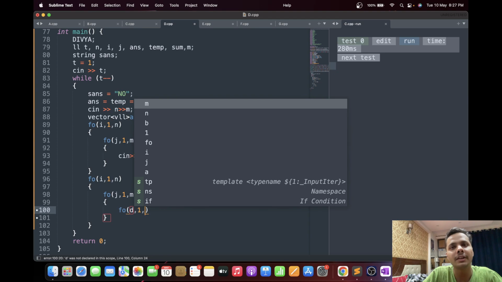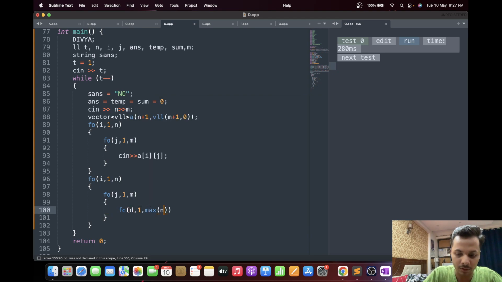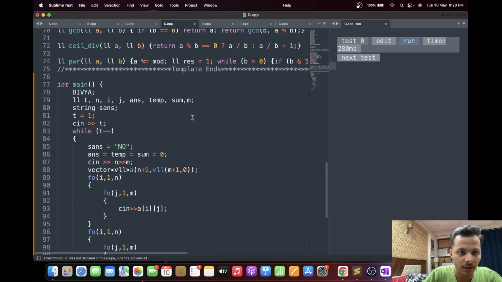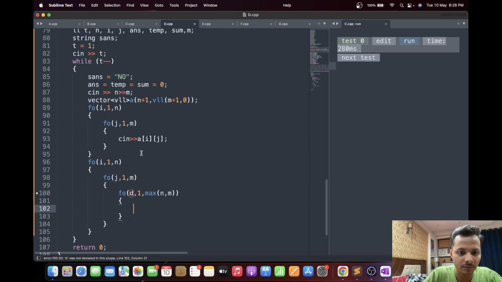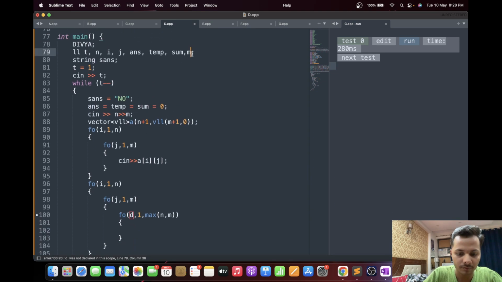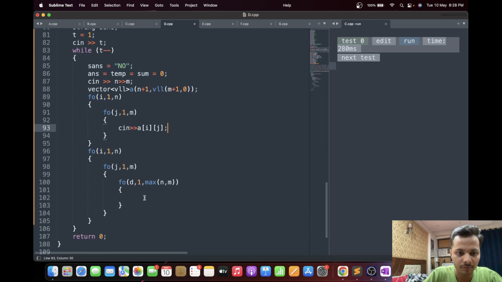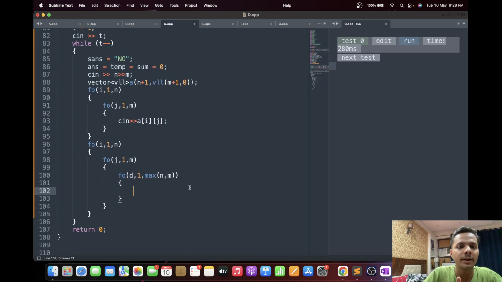So the maximum distance that we can go up is definitely maximum of n comma m, right? And let's try to write a valid function. So now we are going up, so our x coordinate is decreasing, our row is decreasing by 1 and the column is increasing by 1. So we are basically at the cell I minus d and j plus d.